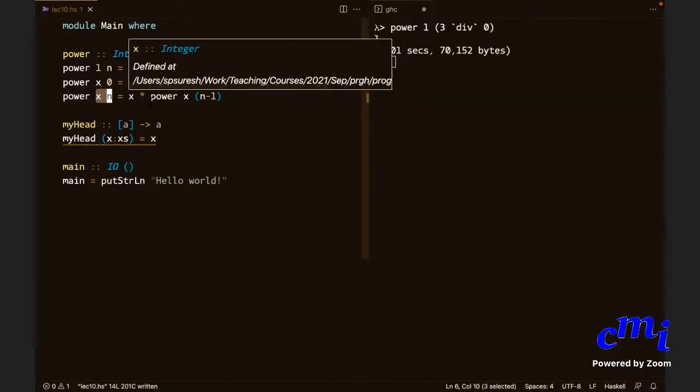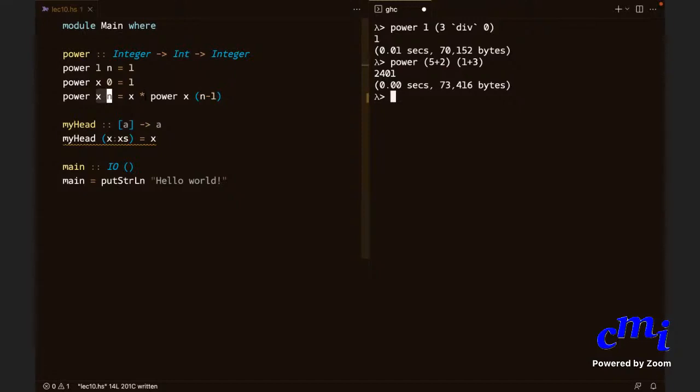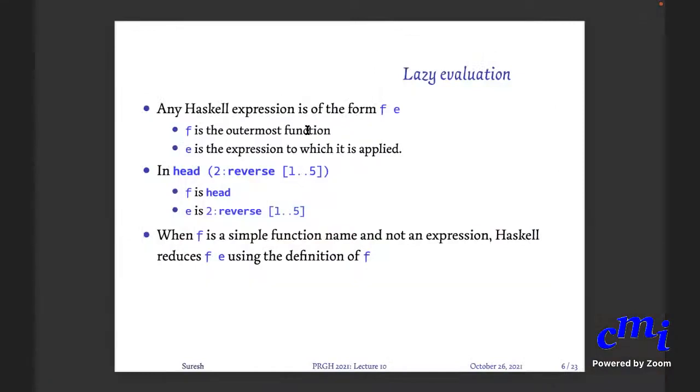Or maybe not. So if for instance, instead of this, I gave power (5 plus 2) (1 plus 3), anytime it has to apply a star, it will first simplify the x part, and then it will come to the right hand side and do whatever simplifications. Anyway, so you can do all this. Is this because of left associativity of function application? Yes, because of left associativity, it will first do the left operator, etc.